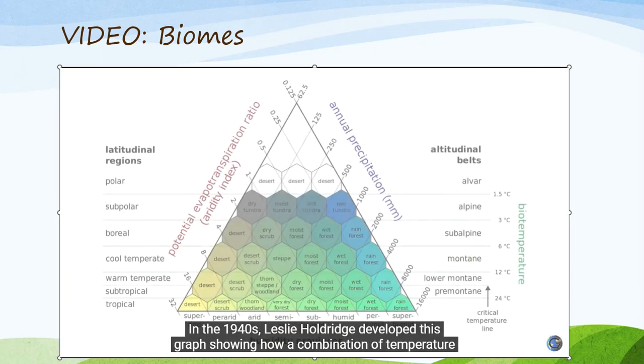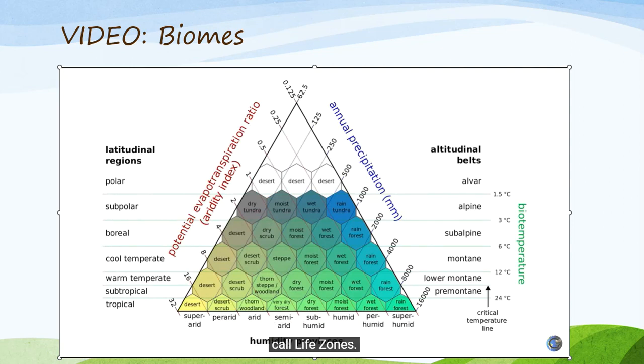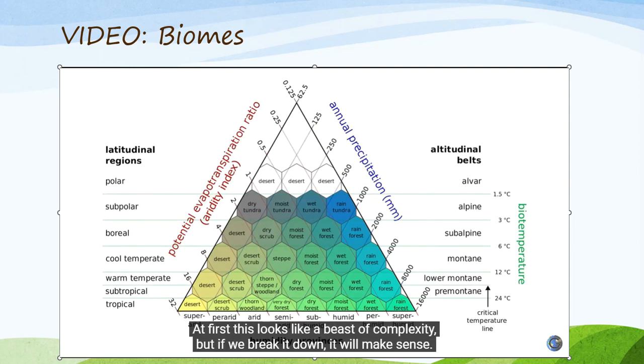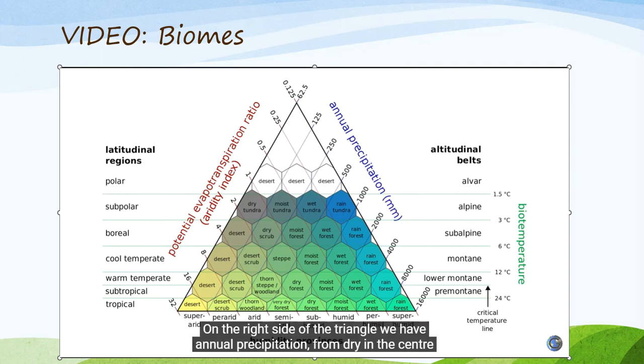In the 1940s, Leslie Holdridge developed this graph showing how a combination of temperature and rainfall could produce the different biome types observed across the planet in what he called life zones. At first, this looks like a beast of complexity, but if we break it down, it will make sense. From top to bottom, we have increasing temperature, either from the poles to the equator or the tops of mountains to the sea. On the right side of the triangle, we have annual precipitation, from dry in the center to